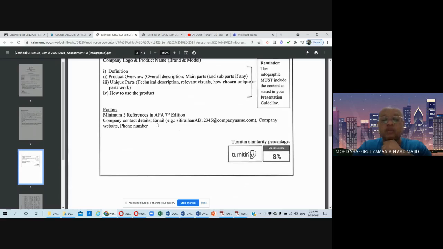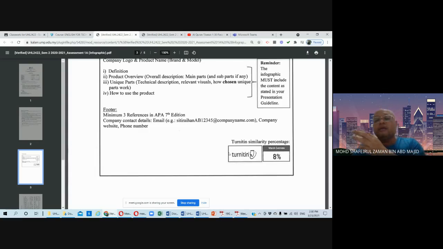For the email, you can just create a dummy email. For example, I work for blackanddecker.com, so it's going to be Shafirul at blackanddecker.com. The company website, the URL or uniform resource locator, is www.blackanddecker.com. Even the phone number, you can create a dummy one, for example 037987 1234.